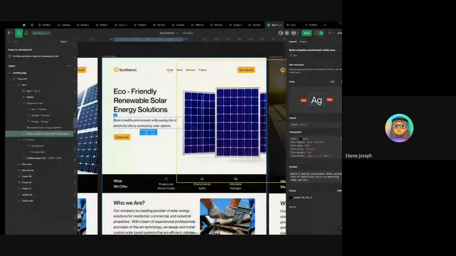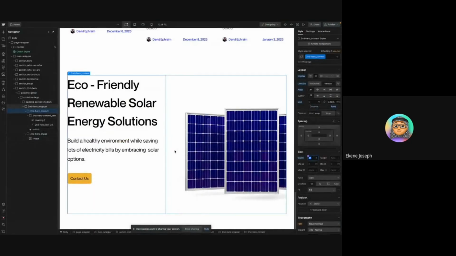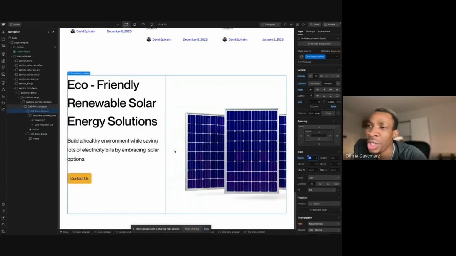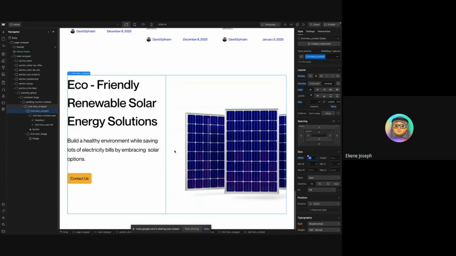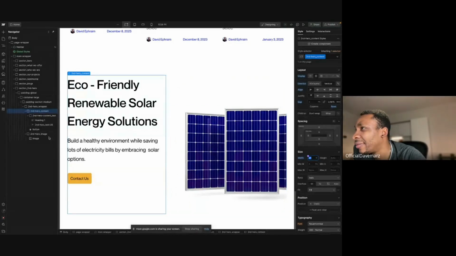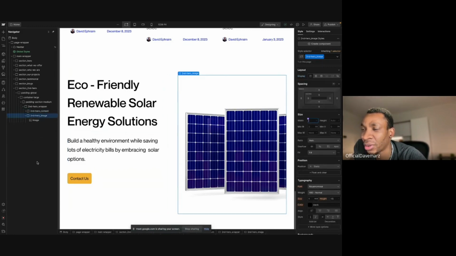Okay, good. All right. Now, what you want to do, you want to click on this second hero. This part is a little bit tricky, but let me just explain. Now, for this part, you want to click on the second hero image, the div block. Now, the logic is pretty simple. You want to be able to make this second hero image div block